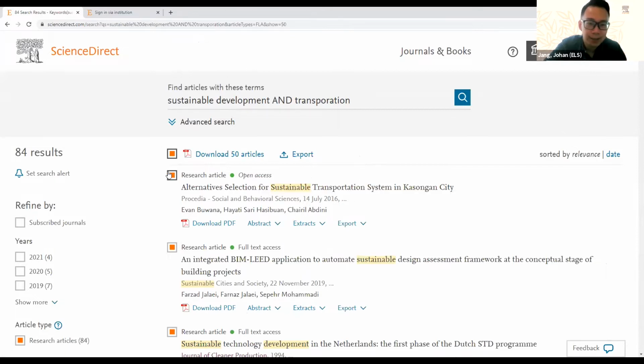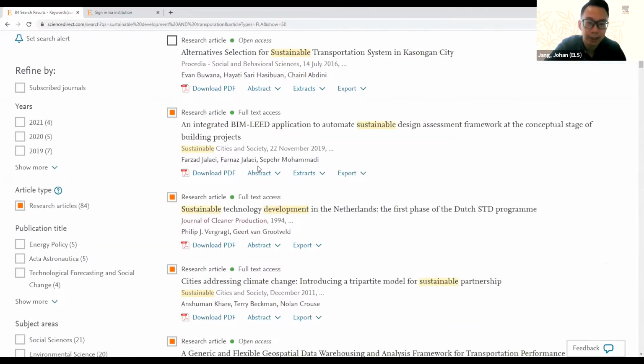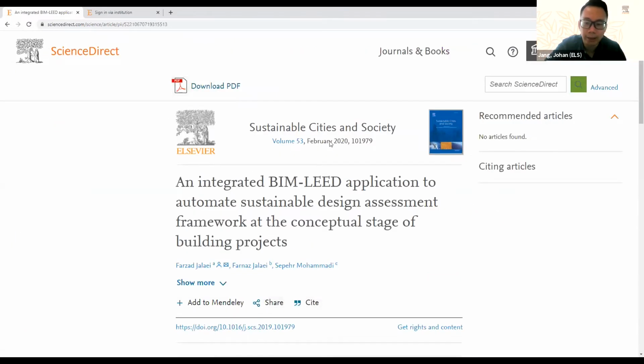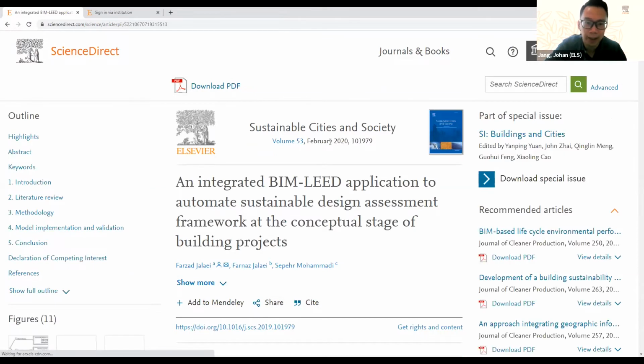Yeah. Now let's just randomly pick an article. You can also read an article online. So let's just use this one as an example. If you click this article, then you will be able to read the article online. Yeah. Now, when you read an article online, like what you're seeing right now,